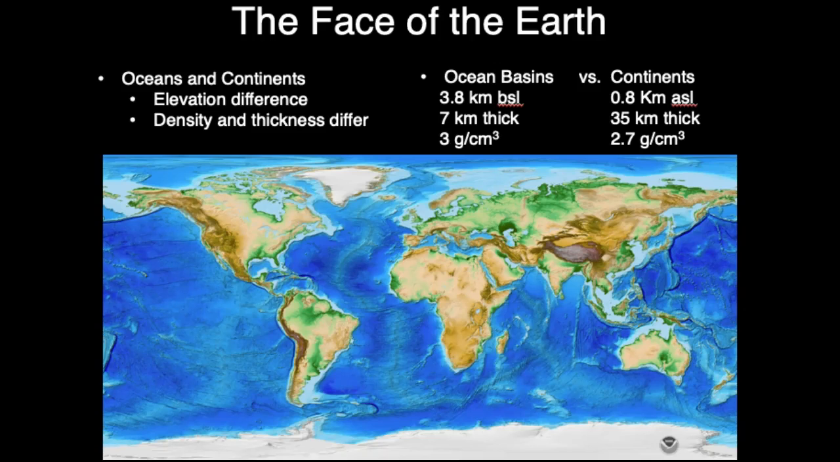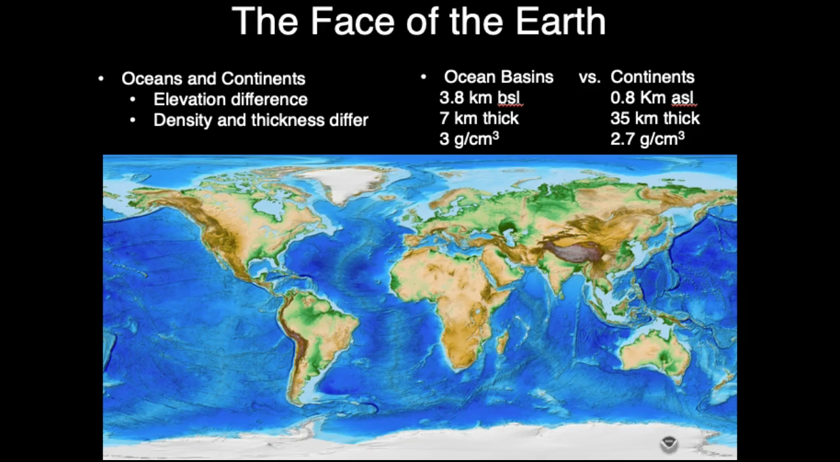Okay, so having looked at the Earth's interior, now let's look a little bit at the face of the Earth, what's on the surface of the Earth. So the two main subdivisions of the Earth's surface are going to be the ocean basins and the continents. One of the main differences between them is their elevation difference, which results from differences in both densities and